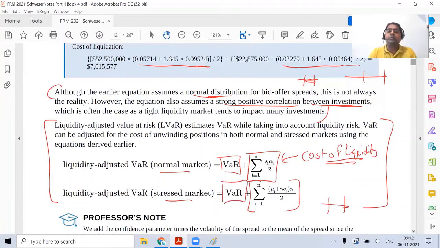So this VAR can be a delta normal VAR, the straightforward VAR that we have already seen in level 1. The only additional part is that over there we were not explicitly taking liquidity impact. If I am already holding an asset and I want to exit, I want to sell, I might not get the market. This will further increase my risk. So when you calculate VAR, you calculate everything as normal and then you add the liquidity adjusted part, and hence the new VAR is called liquidity adjusted VAR.